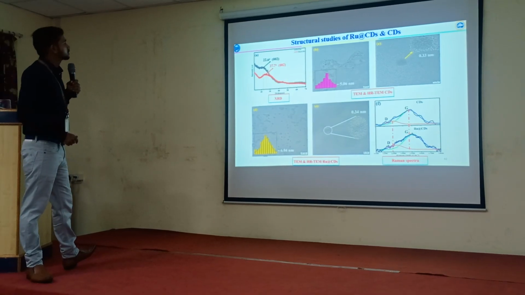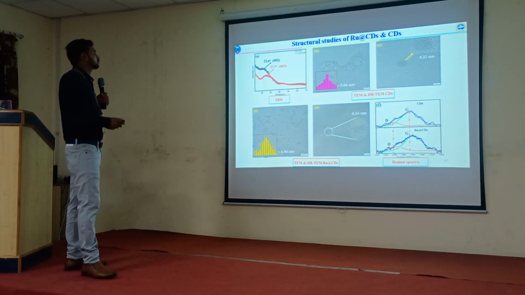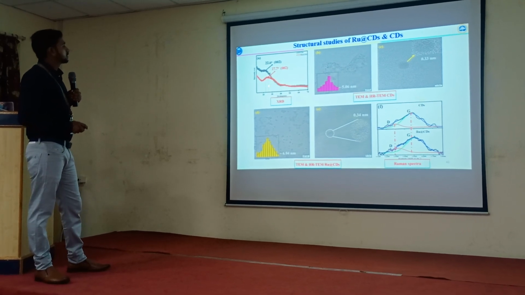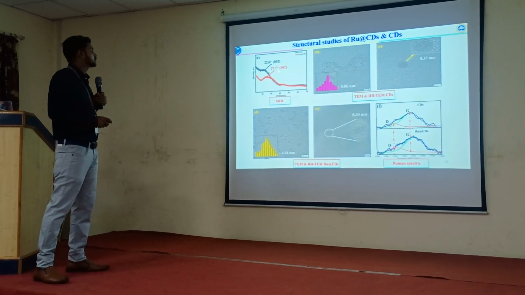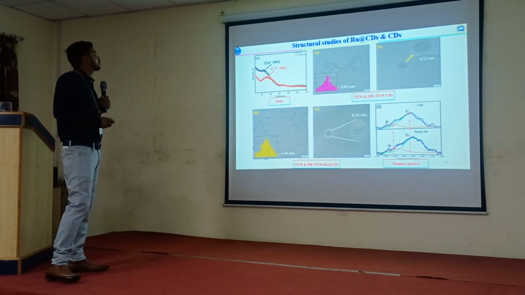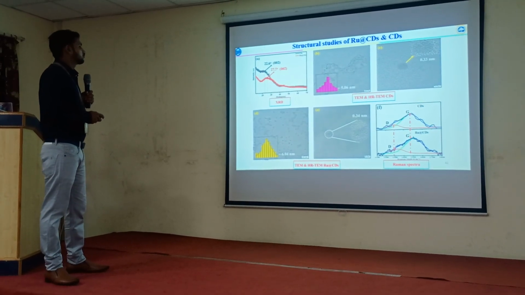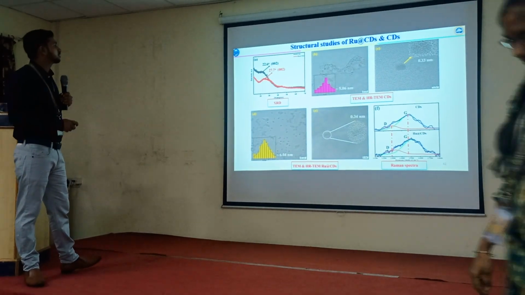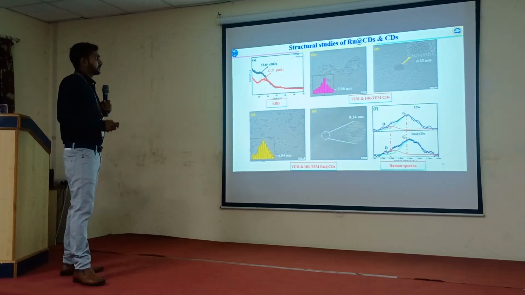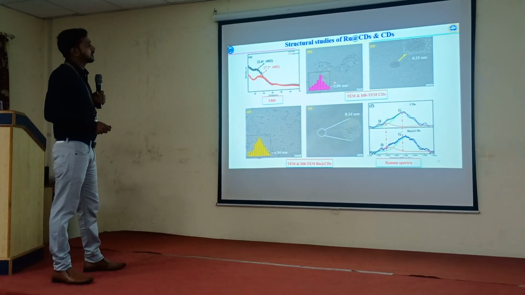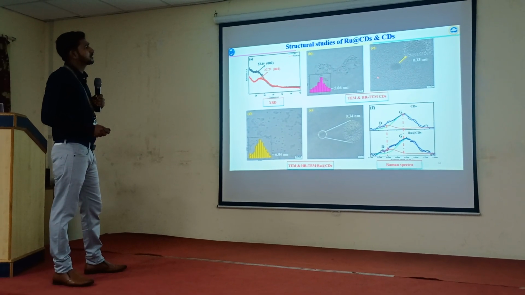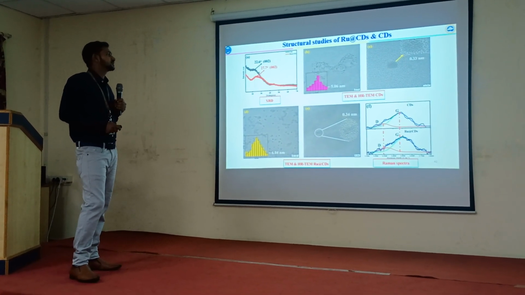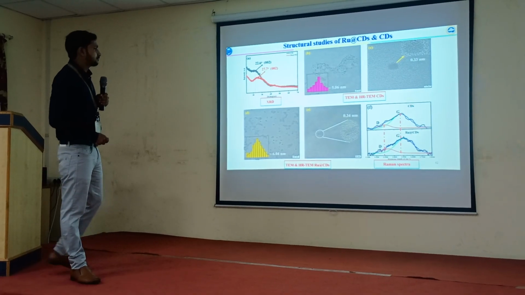And the structural studies of ruthenium carrying carbon dots and carbon dots are shown here. Figure A represents the XRD plot. Here we can see that after the introduction of ruthenium, the XRD shift was observed from 22.6 degrees to 27.7 degrees, which further confirms the existence of ruthenium in the lattice position of the carbon dots matrix. Figure B represents a TEM image of carbon dots with an average particle size of 5.06 nanometers, and figure C represents the HRTEM image of carbon dots with an average d spacing value of 0.33 nanometers, and figure D represents